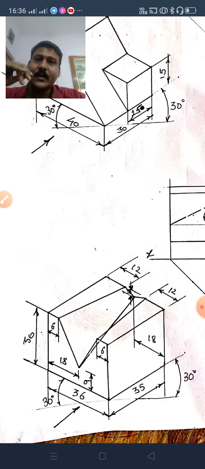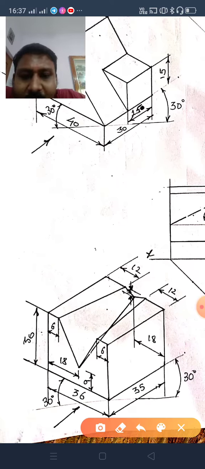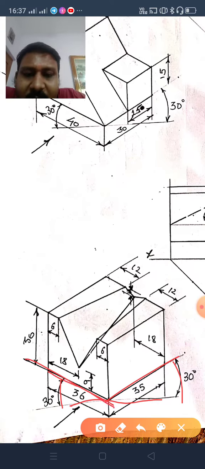Likewise you can draw this figure also. So what does this figure say? Again you have to draw this line. From here take 2 angles of 30 degree and 30 degree, draw 2 lines, measure here 36 and measure here 36 mm. The height is given 30, this is also 30. From here draw 6, take the center of 36, you will get 18, and from here take height of 9 mm, means 0.9 centimeter, you will get this point.